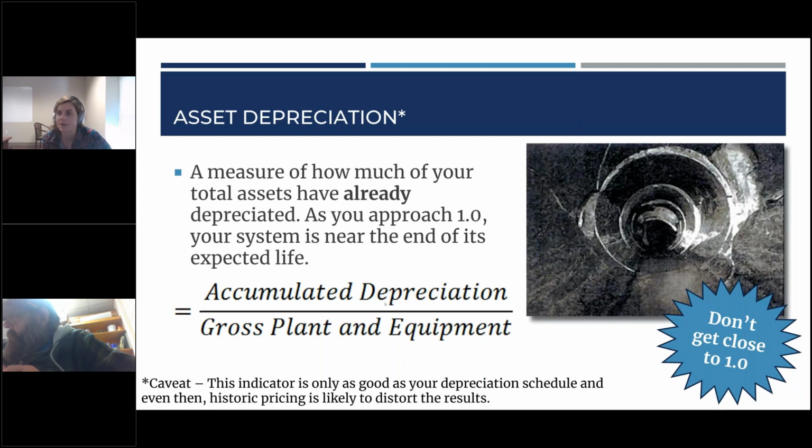Again, this is an accounting number, so it's not necessarily an actual representation of the physical life left of your assets. But it is a good way for us as an external party, if we're doing some sort of technical assistance, to evaluate if capital needs are really urgent, right? If we see that that value is really large, if it's getting close to 1, if the assets are almost totally depreciated, then we need to think about setting aside funds for capital improvements. We need to think about what funding and financing sources are out there so that we can start getting some of those projects off the ground, with the recognition that it's going to take a while to have a lot of capital projects. So we need to start thinking about capital planning.